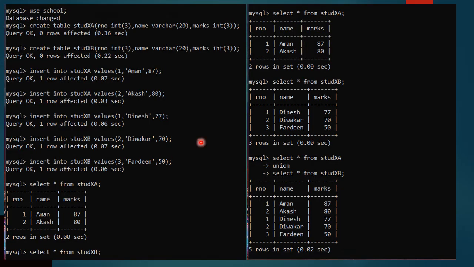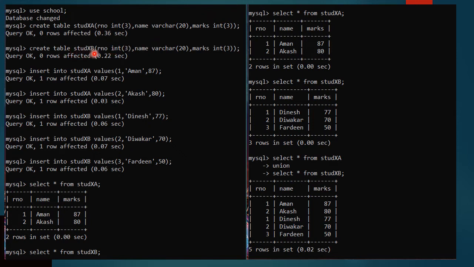Now to explain union and union all, I have created two tables and inserted some rows in it, which is shown on the left pane. You can also use same example. So first is create table student 10th A with columns roll number, name, marks.